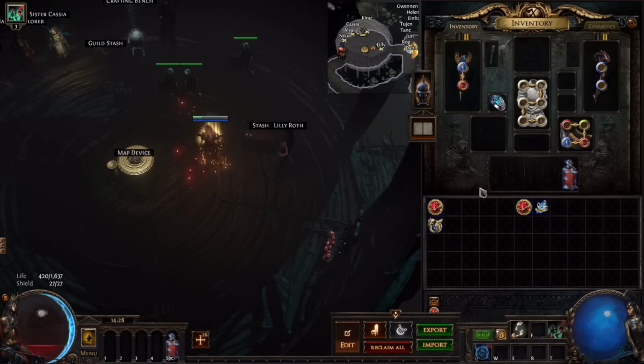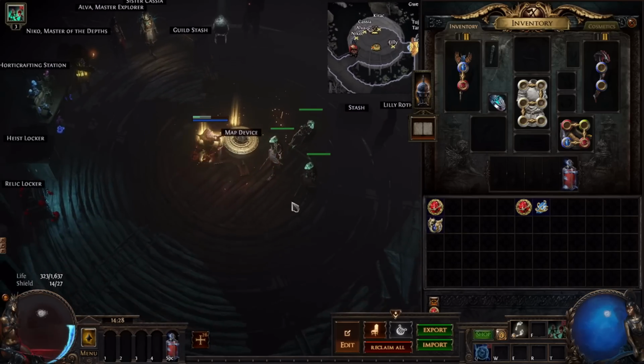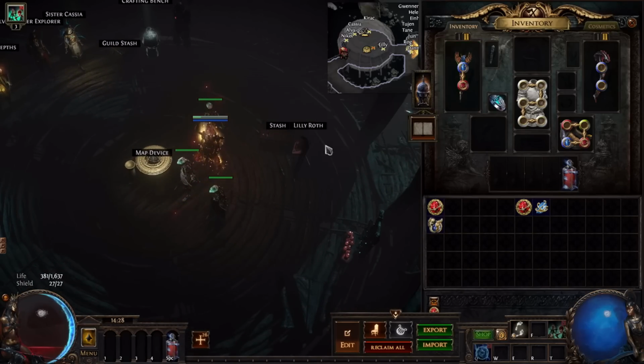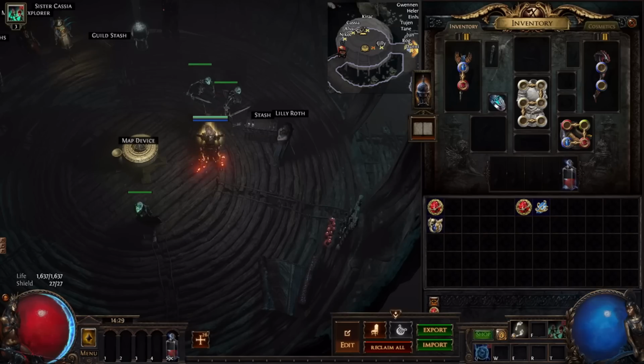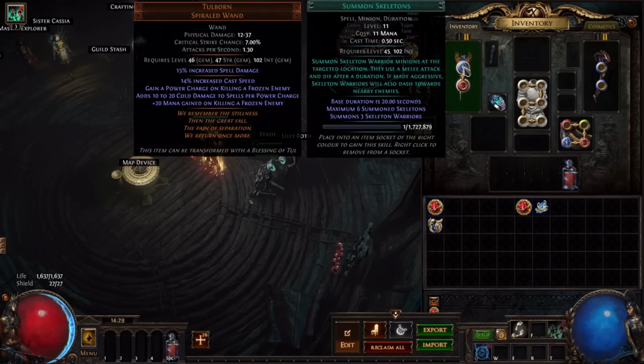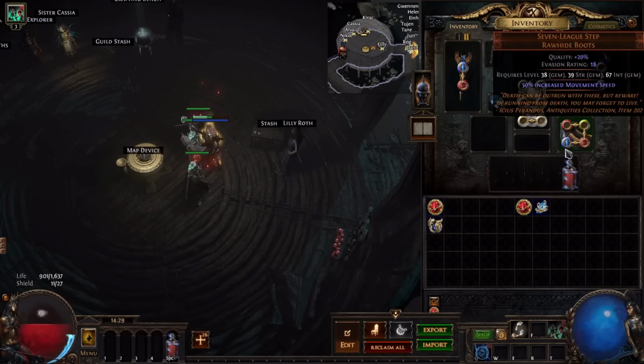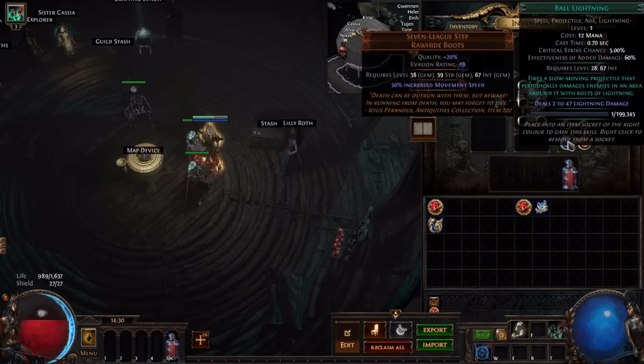So we started our loop by just weapon swapping. As you can see, we have our loop running with just a weapon swap. Okay, our loop is running, and we need to wait 20 seconds for our minions to die to trigger this Ball Lightning.